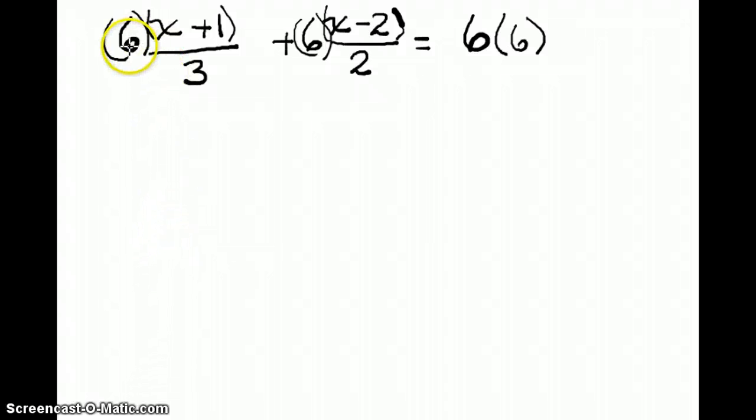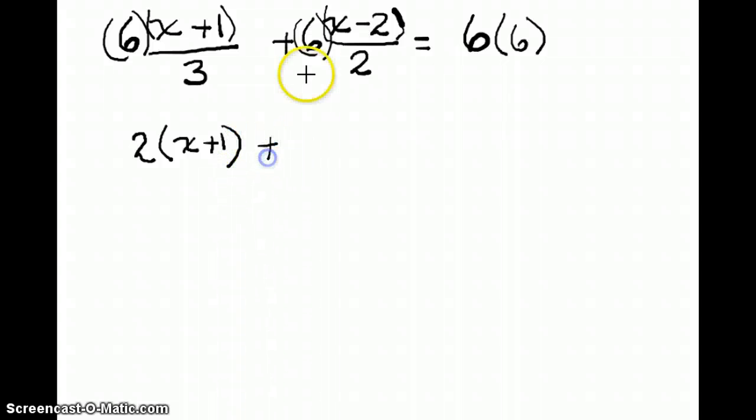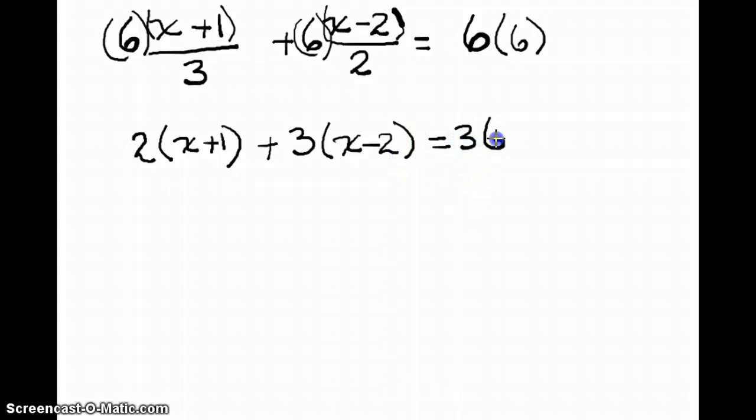Well, I have 6 and I'm dividing by 3, so that leaves me with 2 times x plus 1. And over here I have 6 divided by 2, which leaves me with 3 times x minus 2 equals 36. And you can see I immediately put these in parentheses when I decided I was going to multiply